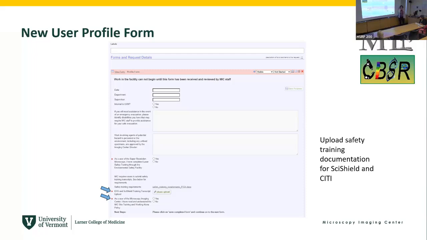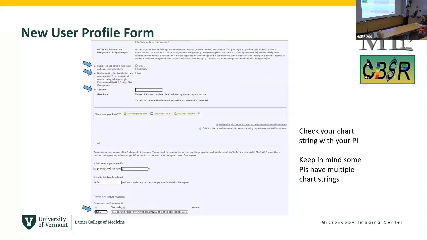If you intend to use an instrument that has any laser capabilities in MIC, then you'll also need to do the laser safety training and add it to your training transcript. And then you're just saying that, yes, I've agreed to participate in all the training that is necessary. You're also going to have to sign the bottom of the document. We don't have the policy of updating this every 12 months right now. It is something like Roxana is doing, but that is something that is in discussions as to what we might want to do. The important thing is at the bottom here, you're looking for the chart string that's associated with